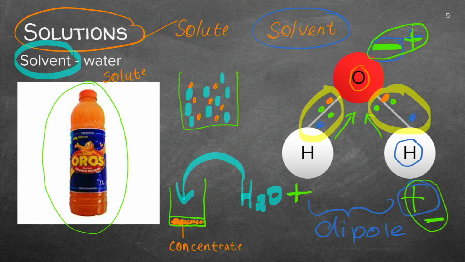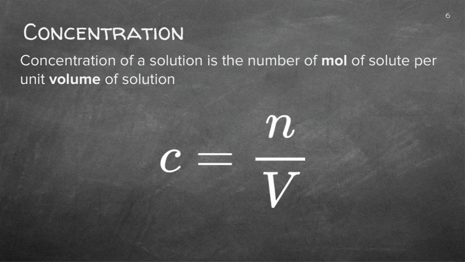Right, let's carry on to go to concentration. Remember what we did just now. We took Oros and we put water into it. So I'm going to put the concentrated Oros there. That was the mole of Oros. And then if you remember, I then added water. And that would be at a certain volume of water, and then you got the water in between. And that tells you what's the strength of the drink that you're going to drink. And you know you can do it with coffee or anything else.